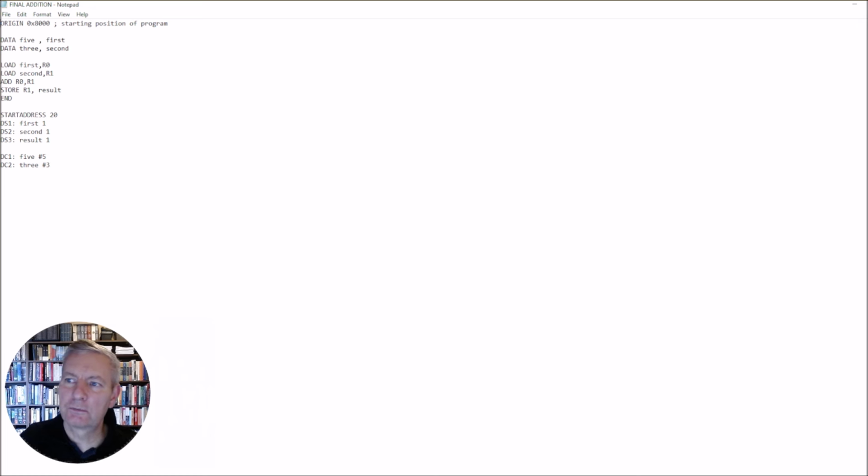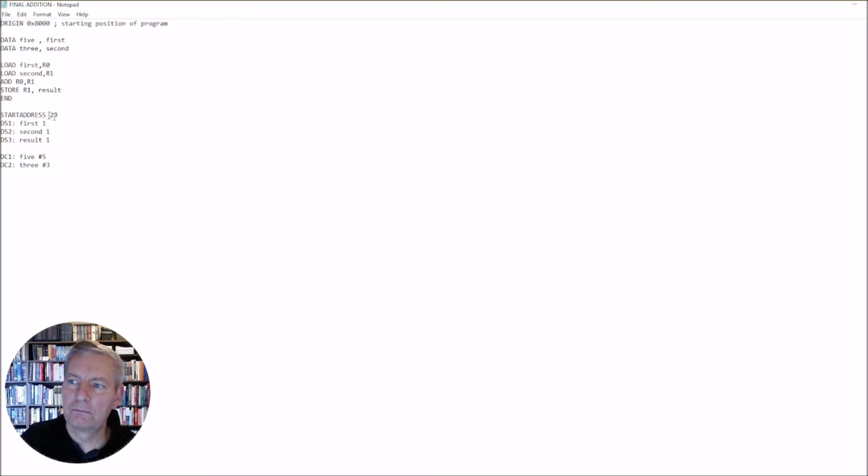So in this instance here, this would be data #5 and then a memory location. Okay, so what it does is it finds a 5 and it replaces the 5 with the #5 here, and it replaces the memory location here with the memory location that's generated here, which will be, in this instance,